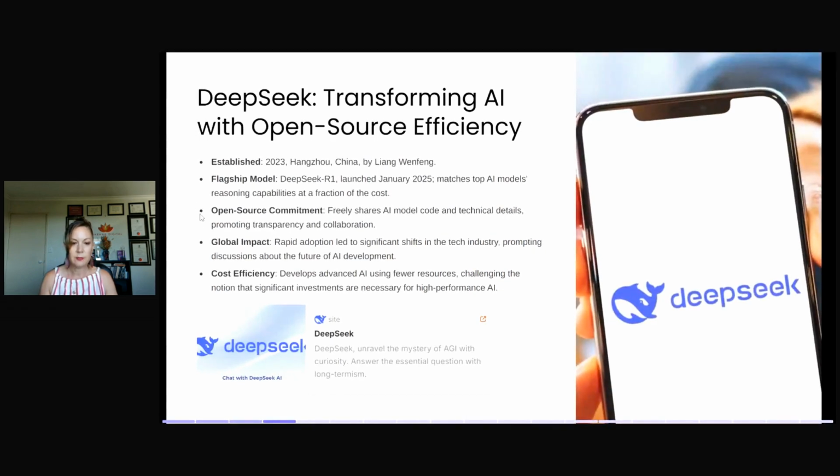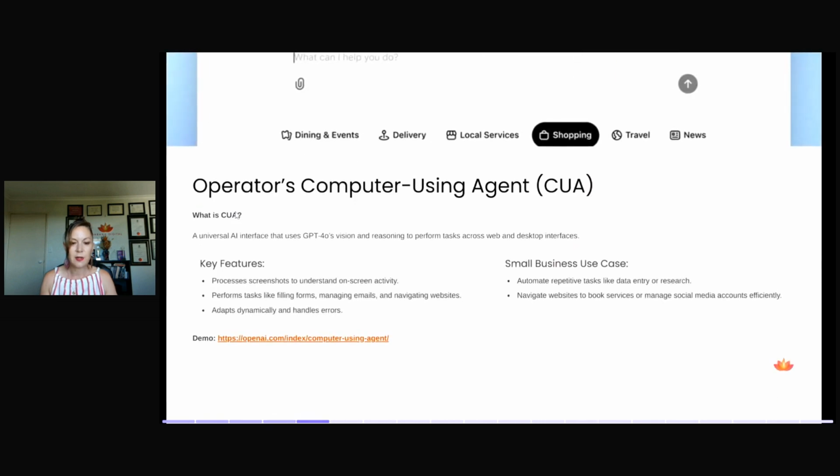So let's move now to the other big development that happened last week. 2025 has been marked or earmarked as the year of agentic AI. So this is where the AI itself, you give it an instruction and then it goes off and performs a series of tasks for you. Whereas at the moment, we are using AI where we tell it to do a task, it goes off and does one task. But this is almost like a series of tasks that it can actually do for you.